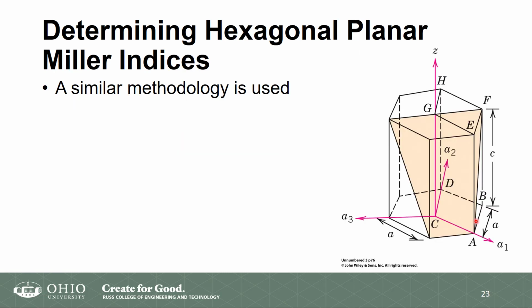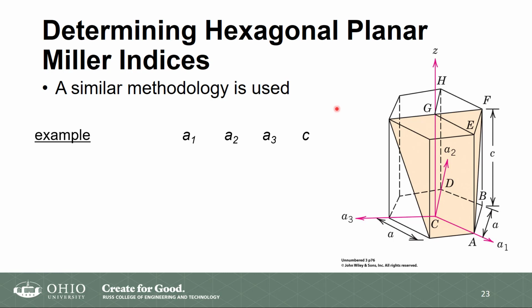Now, what if we're dealing with a hexagon? So now we have this hexagonal plane. We have this hexagonal unit cell, and we have this plane inside that unit cell. And we have our A1, A2, and A3 axis, and our Z axis as well. Again, all of these are with respect to A and C. We'll use the same methodology. We stake out our